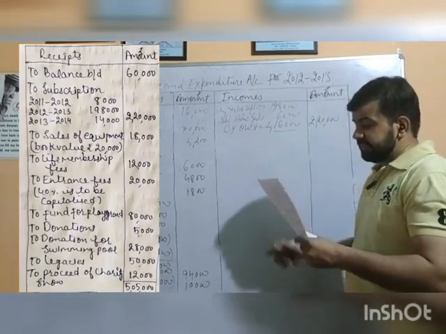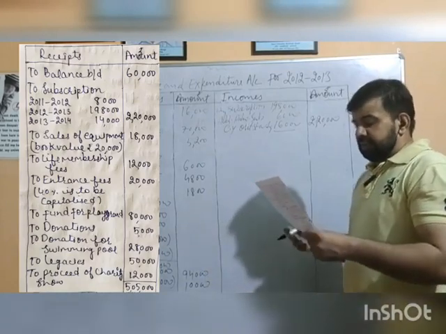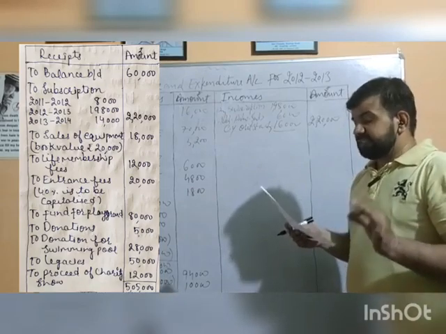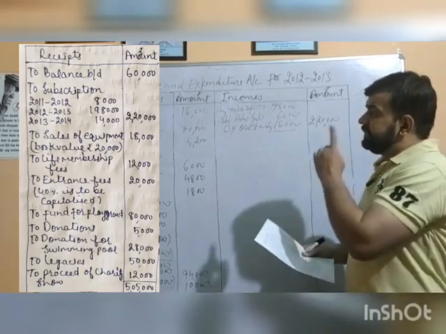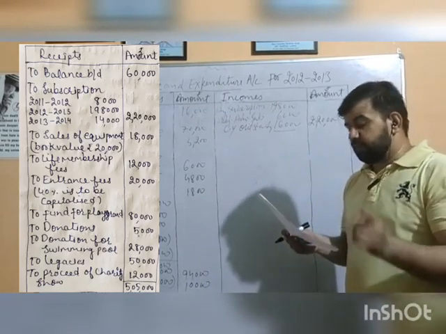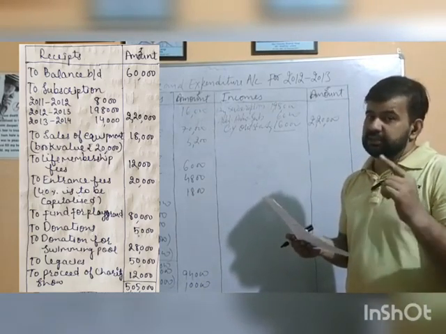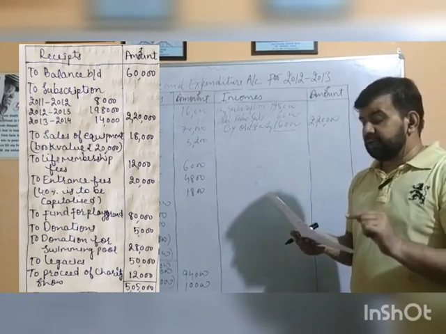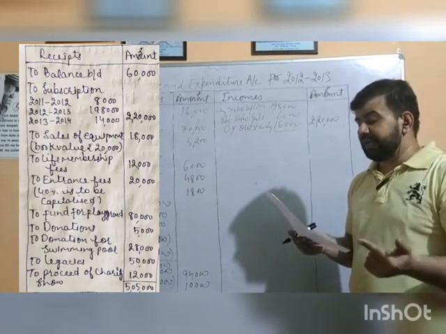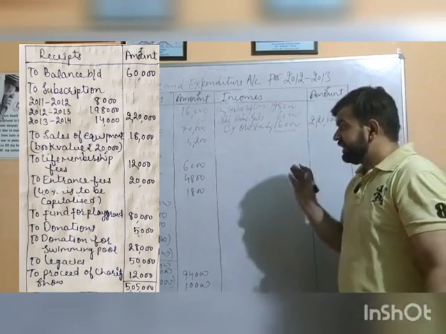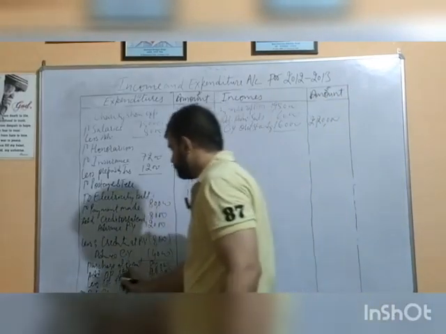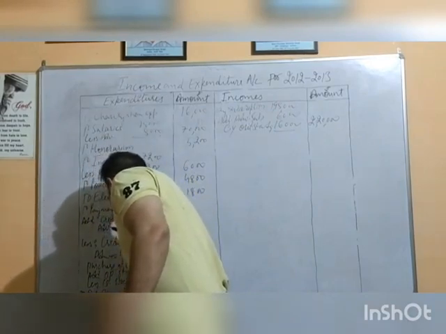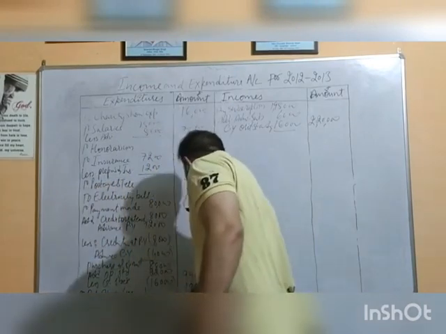Then I am reading the second adjustment. This is about sale of equipment. Again I am recalling this: you will be provided with 2 or 3 amounts. Very first, the sale proceeds of 18,000 are to be shown on the receipt side of the receipt and payment account. Then the book value is to be subtracted from the concerned asset on the asset side of the closing balance sheet. Then the profit or loss on such a transaction. Here we have sold 20,000 furniture, so equipment, at 18,000, so we have sold at a loss of 2,000 rupees. It is to be written on the expenditure side. You will write here loss on sale, rupees 2,000.